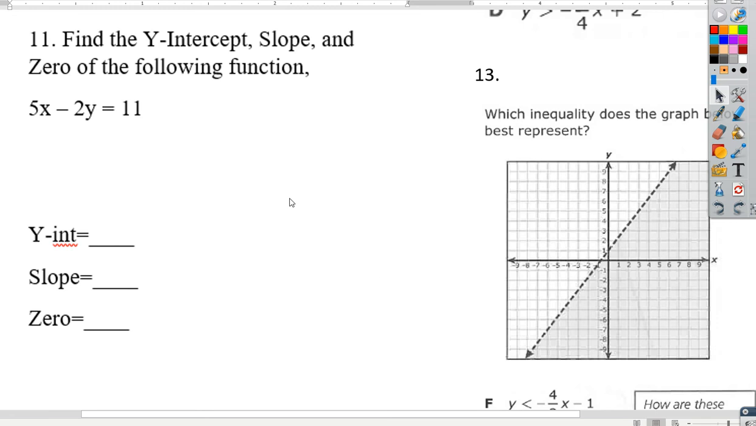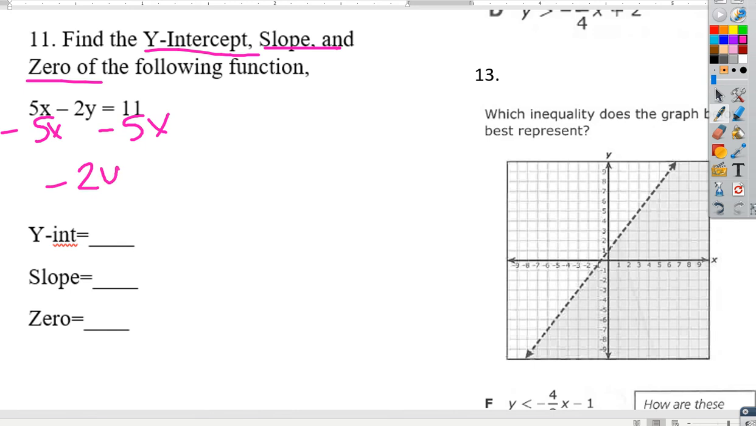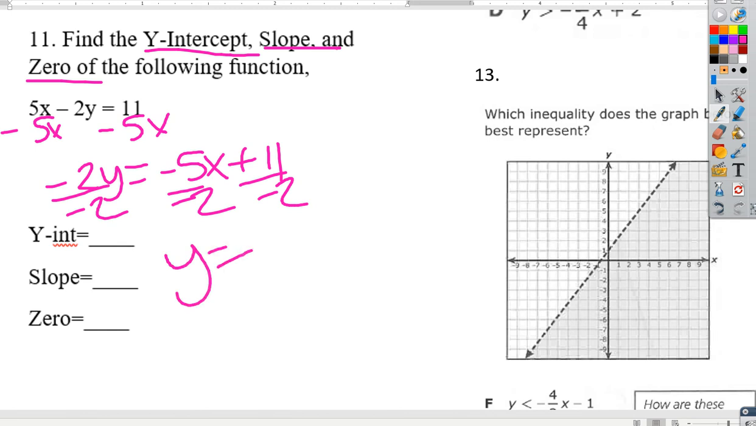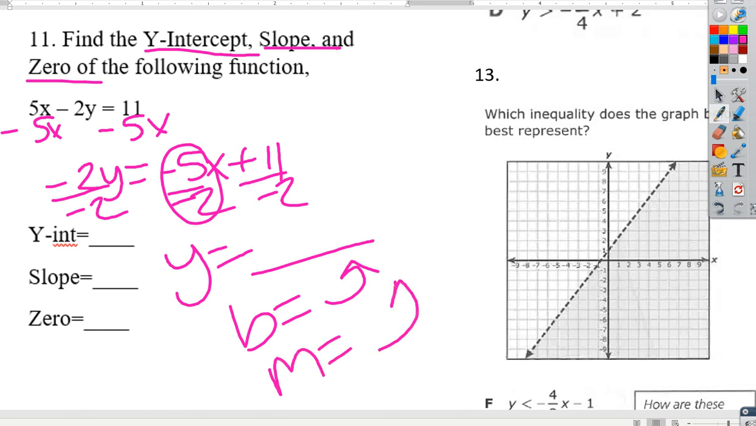Number 11, find the y-intercept, the slope, and the 0. So again, minus 5x, minus 5x, negative 2y equals negative 5x plus 11 because it's a positive, divide by negative 2. Whatever you get from these, write it down here. And of course, your y-intercept is a b. So what's the b in this equation? Your slope is the m right there. And the 0 is your x-intercept. So after you graph